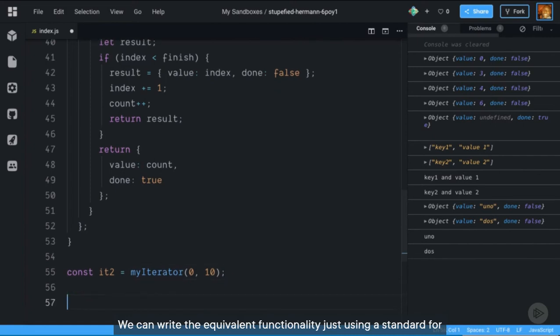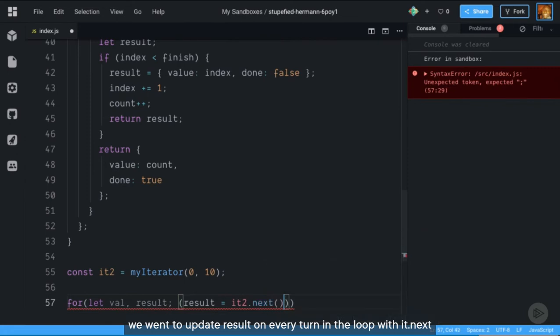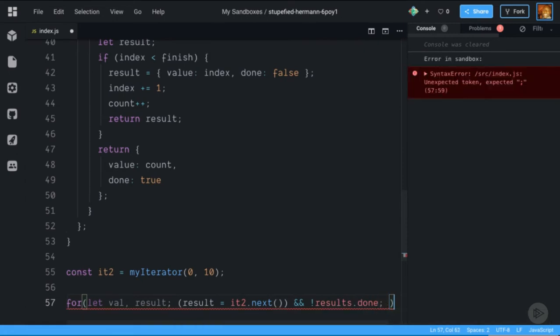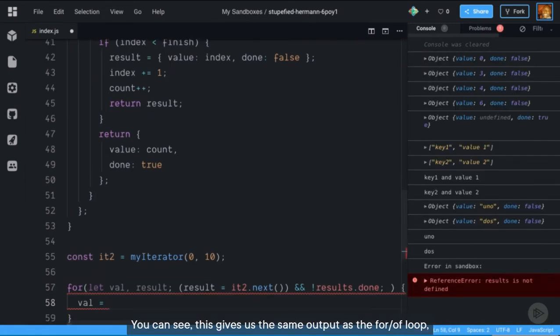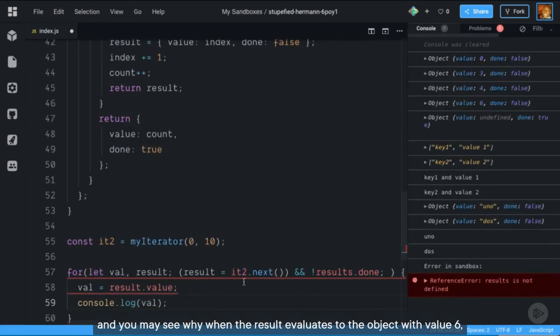We can write the equivalent functionality just using a standard for loop. After defining the value and result variables, we want to update result on every turn in the loop with it.next, and only do this while result.done is false. You can see this gives us the same output as the for-of loop, and you may see why when the